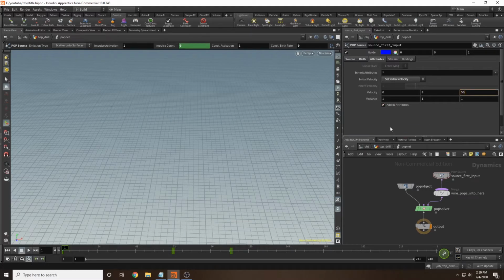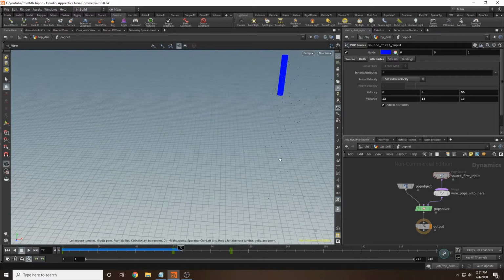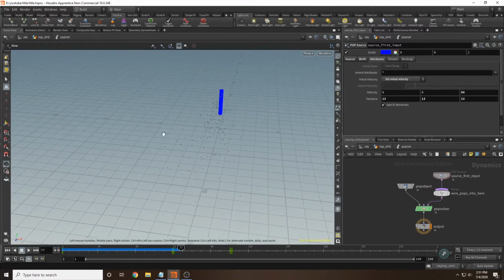Let's say 50. And then with the variance, we'll do something like 13, 13, 13, because we want it to spread out as it goes across our surfaces. But we just want it to fly. So let's I don't think it'll animate if we're looking at it here. Okay, so this is what our sparks are going to look like,